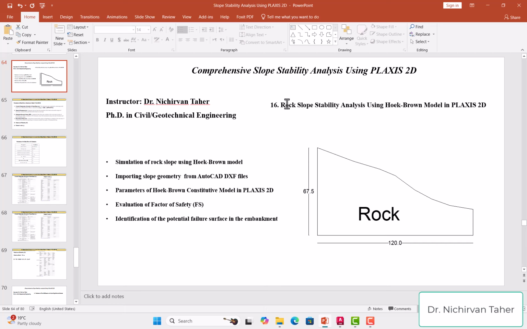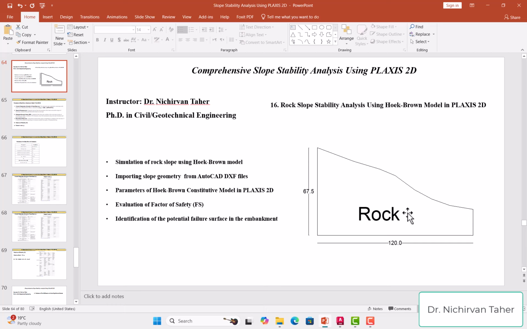In this lecture, tutorial number 16, we are going to simulate and analyze the rock slope using the Hoek-Brown model in PLAXIS 2D. The model geometry is like this figure. We have an irregular rock slope geometry, which we have drawn using AutoCAD, and we will import this geometry to PLAXIS 2D, and we will run the analysis and see the factor of safety and failure surface for